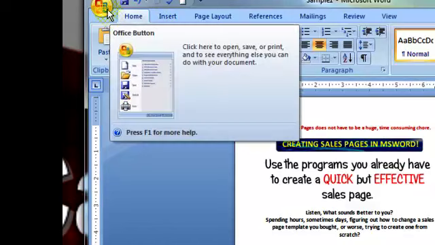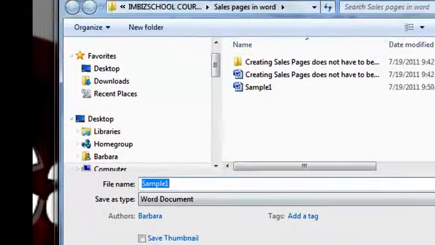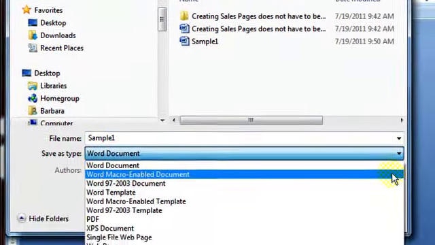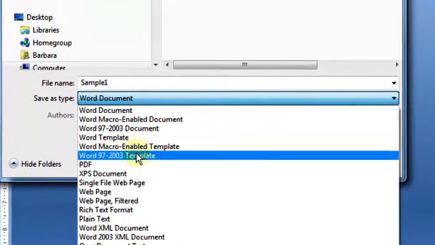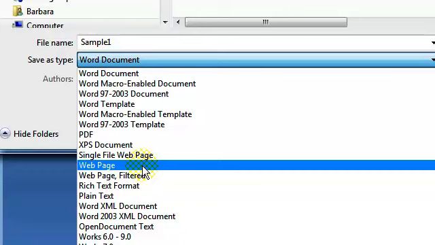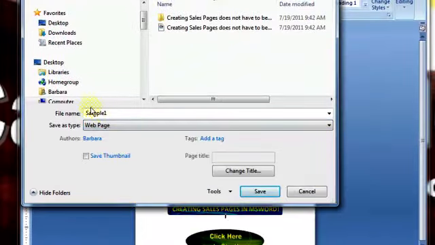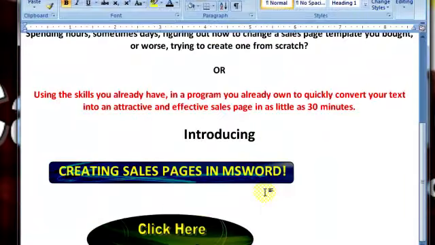Then I'm going to go back. I don't have to do anything else. I'm going to go back and do a file, save as, and if you use the drop down box, when you go to save, you want to save this as a web page. Now you have a couple options. A single file web page will work, but sometimes it doesn't work as well if you have added images. So what happens when you do a web page, it's going to give you two folders, as you will see. Watch this. Okay, sample, I'm going to open that back up for you as a web page, okay,